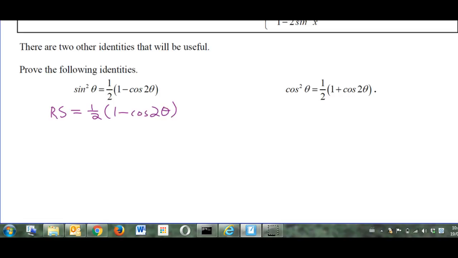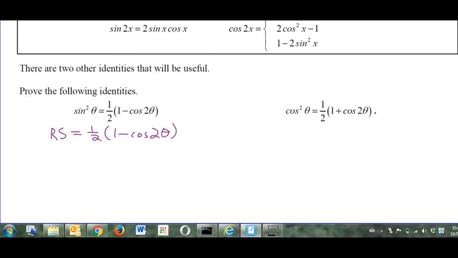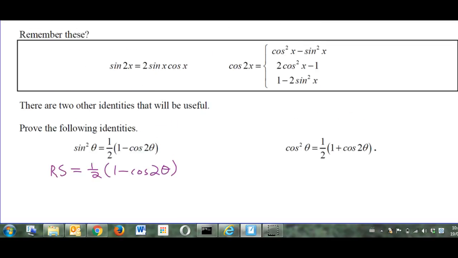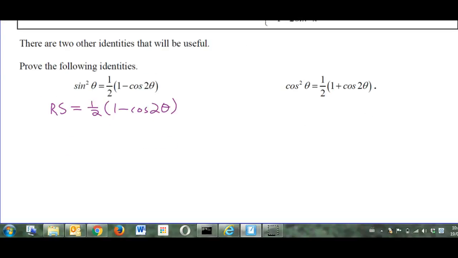But what's cos 2 theta? It's any one of these guys. Which one is most likely to lead us to a sine squared theta? Probably the one that just has a sine squared, right? We don't want another cos squared. I do that, I get a cos squared, and then no. So we're going to replace cos 2 theta with 1 minus 2 sine squared